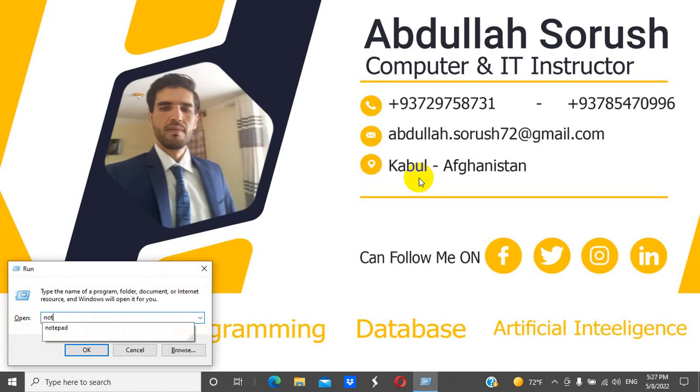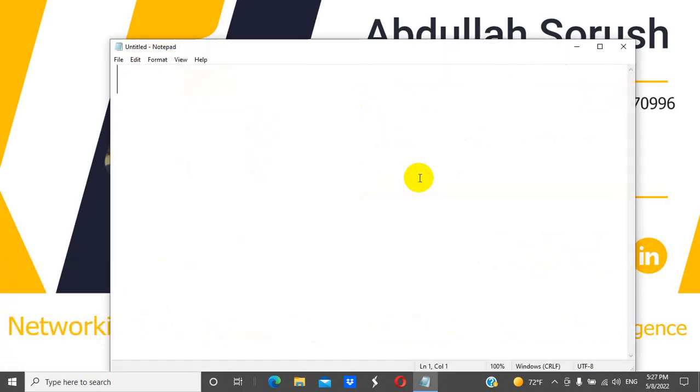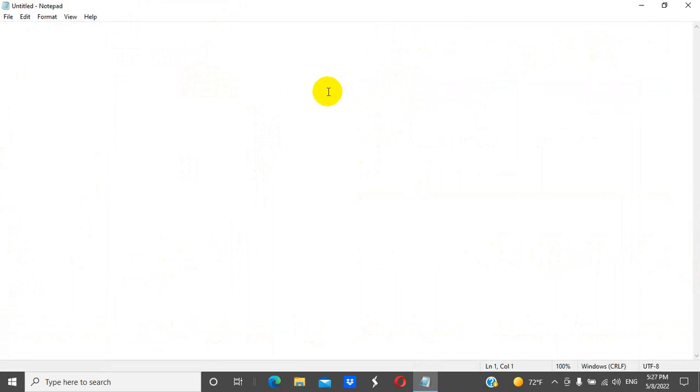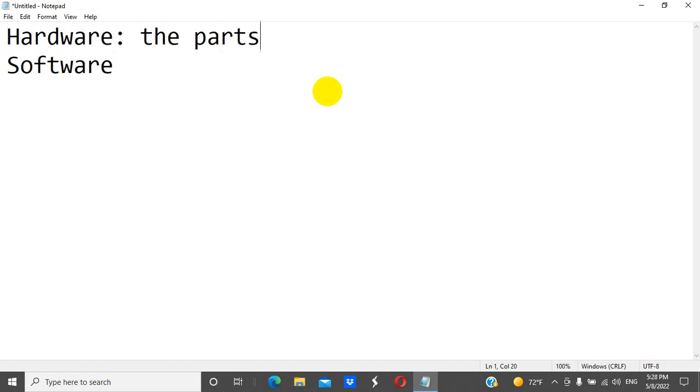So generally, a computer has two types of components. One is called hardware and the second one is software. We said that a computer is generally made of two types of components, hardware and software. What is hardware? We can say the parts of the computer